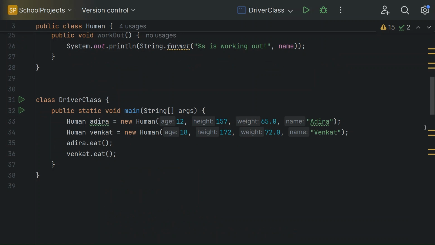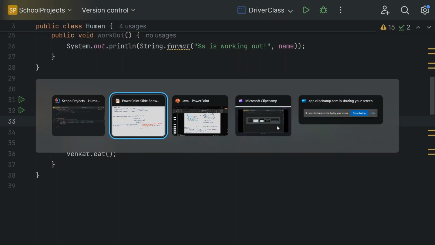Now when I have done this, let's take a closer look at line 33. Okay. What I've said is Human, and then the name of that variable which would store the memory location of Adira's properties and behaviors, equals new Human, and then we have passed all the parameters here. After passing the parameters, do you know how it actually looks in the heap memory? Let me show you. So let's say we have written that thing in the heap memory. It'll be something like this,